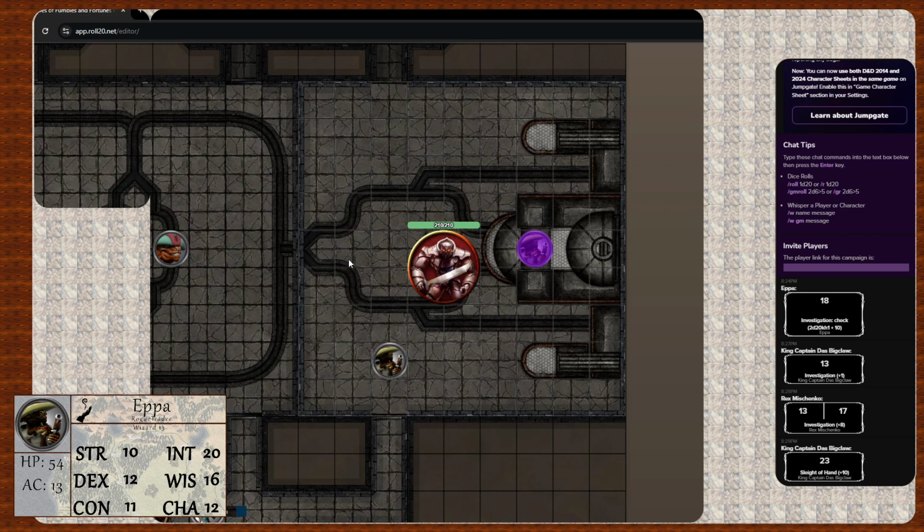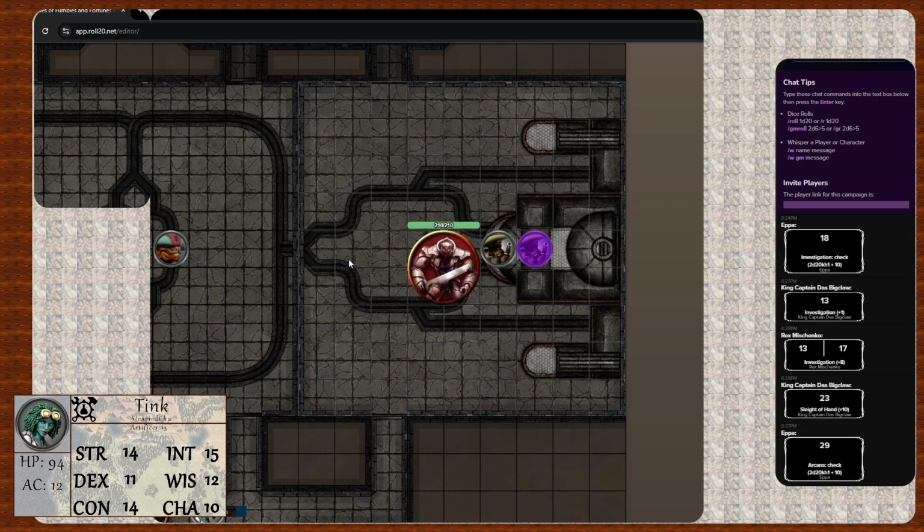A good arcane eye is needed. What's the worst that could happen? Real effort is going to be the one that is further out though. So that's Arcana with advantage. Oh, now I roll fine. Ha! That's a damn good roll.